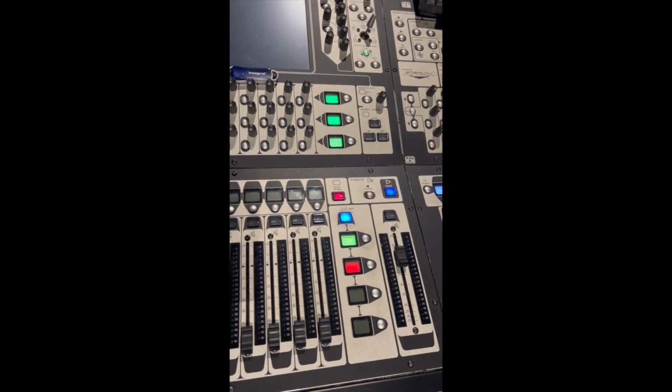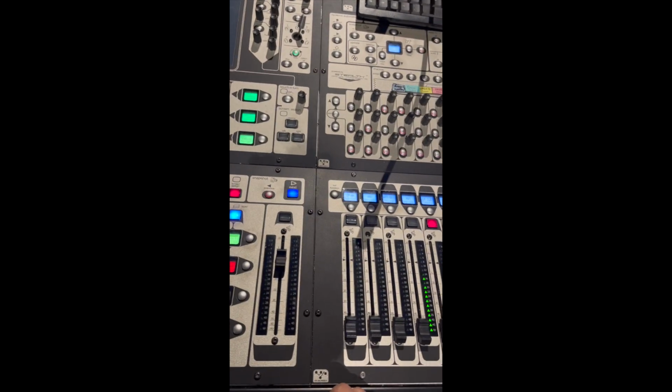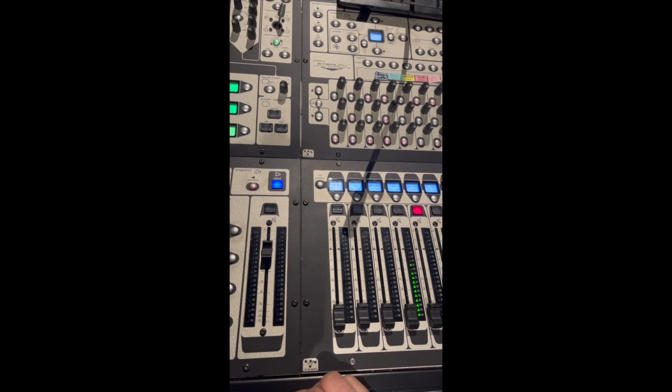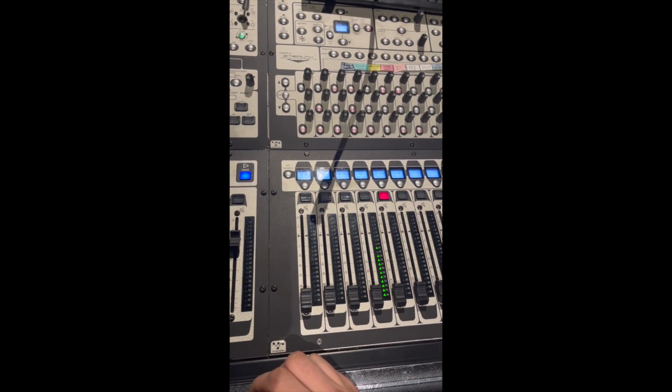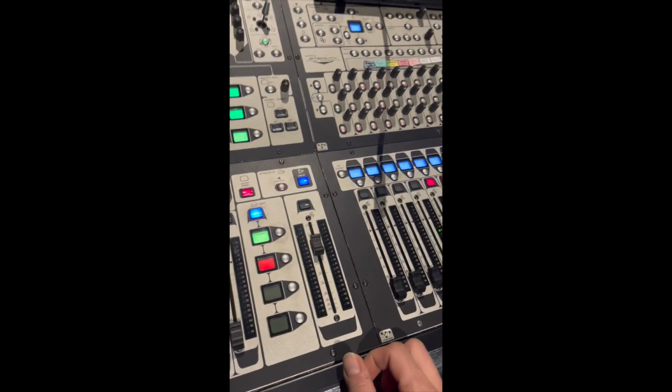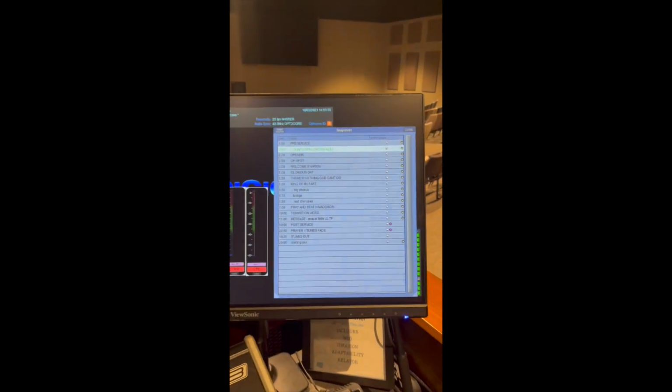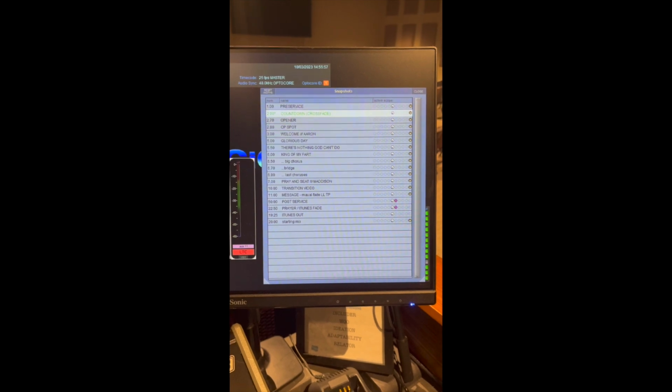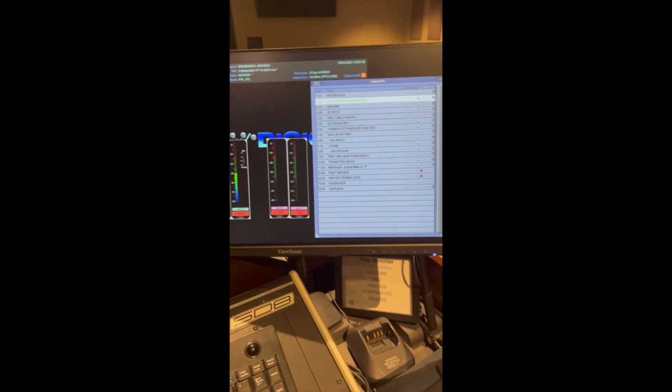So we're going to talk a little bit about recall scope and how that affects the different snapshots and what they recall. For this example, we're going to change the recall scope for the snapshot going out of the countdown into the opener. So if I were to fire that